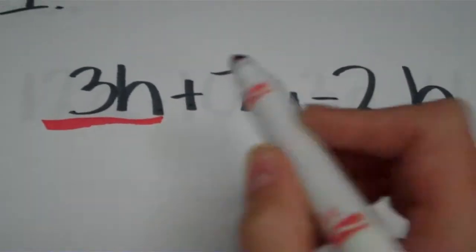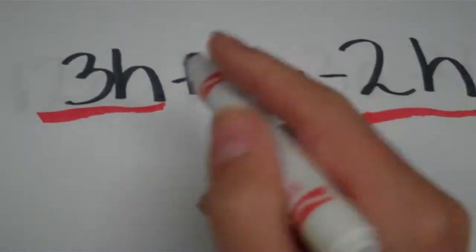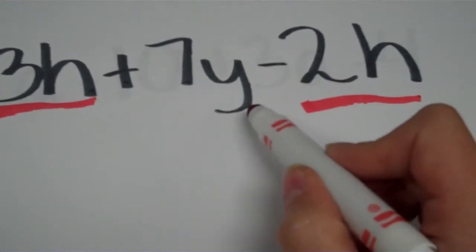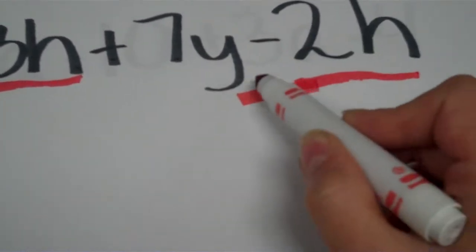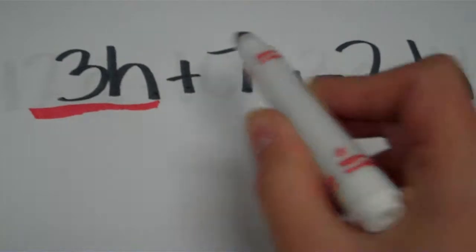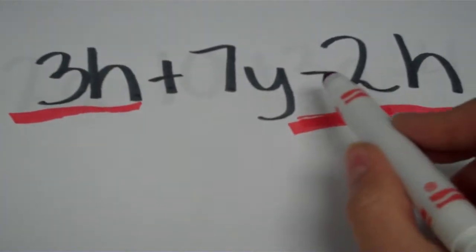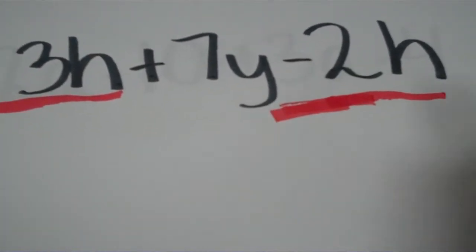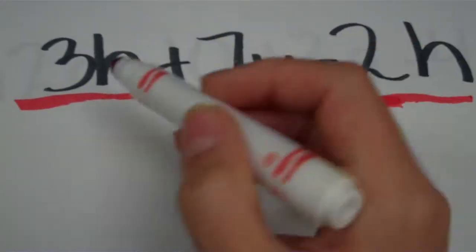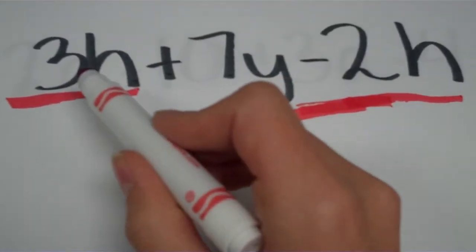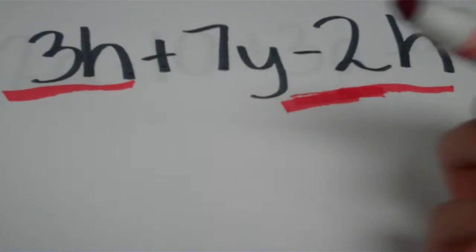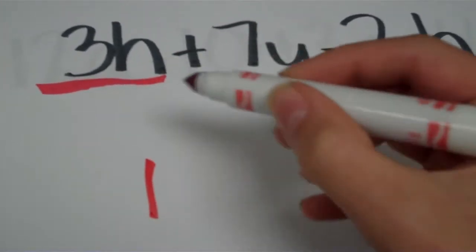Because that's a 2H. When you do this, here's what I want you to do. You underline the 3H, but go ahead and underline the minus 2H, that whole part. That way you know you're going to do this minus this, okay? And then in your calculator or in your head, 3 minus 2 is just 1. So I'm going to put 1H,